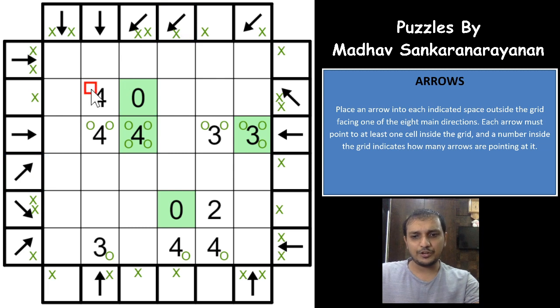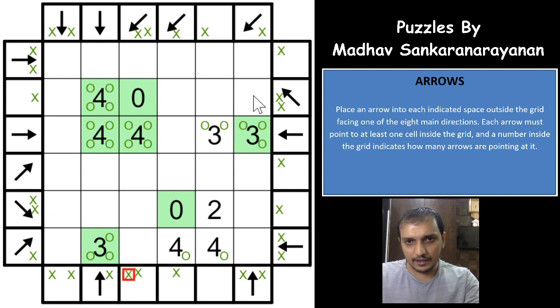These 2 cells are pointing only to the 4, so we can have a notation here, but these 2 cells are pointing to the 4s and the 3s as well, both twice, which means that this is completed now. All the 3 cells are completed, and the moment you complete a cell, you need to go with the notations of crossing all the other cells pointing to the completed ones. This 4 is already pointing here, so it doesn't have any other pointings, but this 3 has the pointings now. This 3 cannot have a cross here and here and here as well.